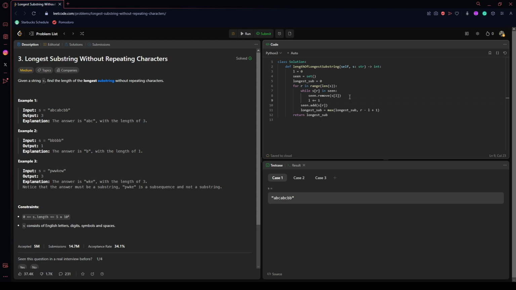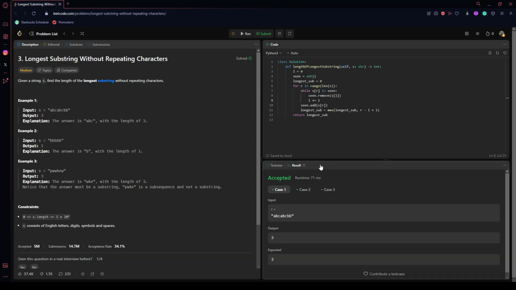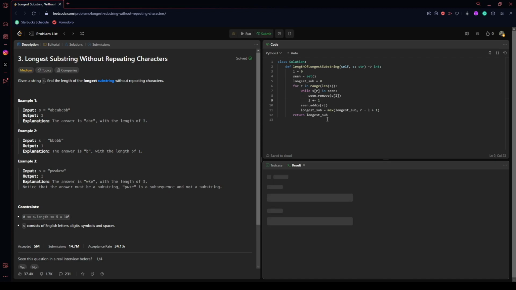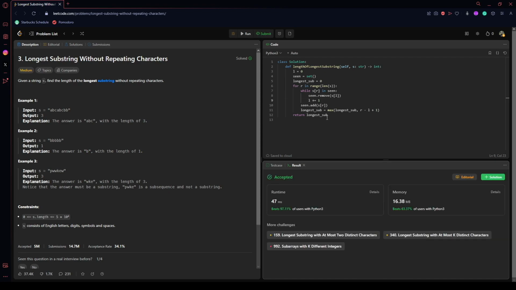Now, what else do we have to do? Let's run this to see if there's anything else we're missing. And we're not. So then we submit. And there you go. That's pretty much how that works. So what I did is I have a left pointer and then a right pointer. And then I also have a set to keep track of the duplicates. And so I'm iterating through